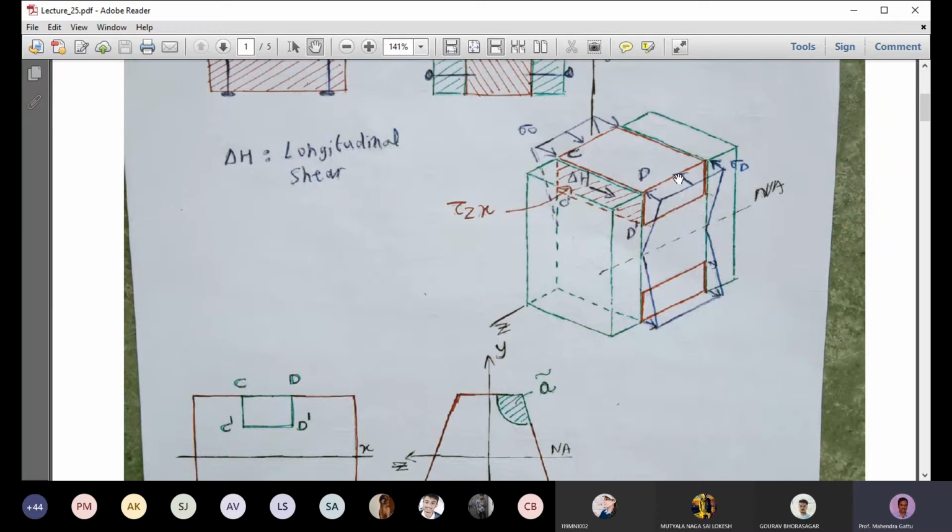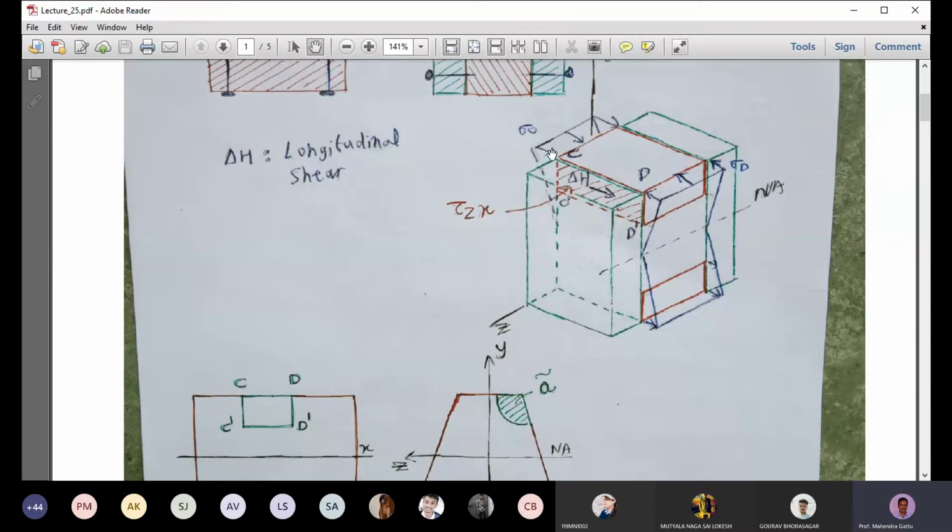So how do we find ΔH? On this front face, there are bending stresses acting. So we have sigma D. Sigma D varies from 0 at the neutral axis and reaches a maximum value at the top fiber. We have to find the contribution of this wedge to this front face. Similarly, at the far edge, we have sigma C, and again the same bending stresses are acting.